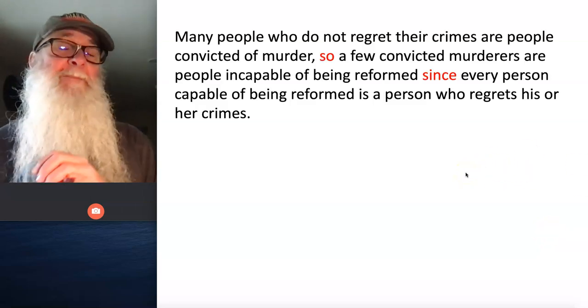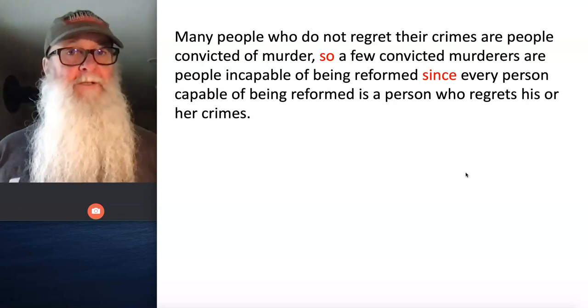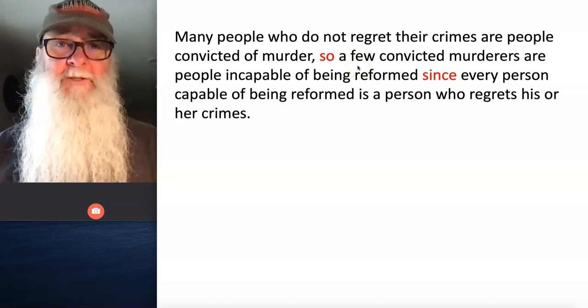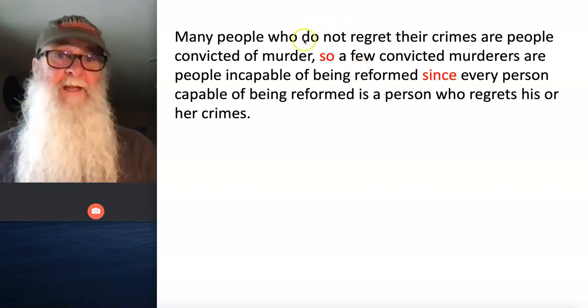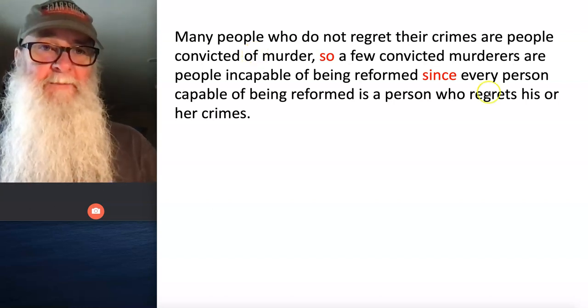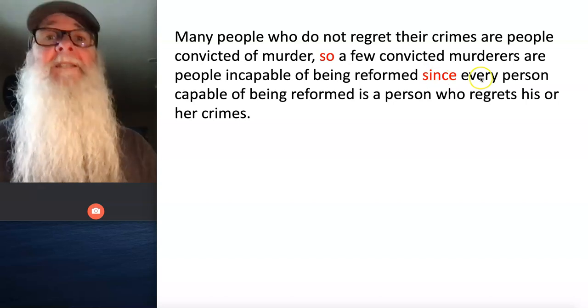Let's solve your problem. When I look at this argument, I see something very valuable to me. I see indicator words. I see the word "so." That's a conclusion indicator telling me that the statement that follows it is the conclusion of the argument. It also tells me that the statement that precedes it is one of the premises of the argument. I also see the word "since," and that tells me that the statement that follows it is the other premise